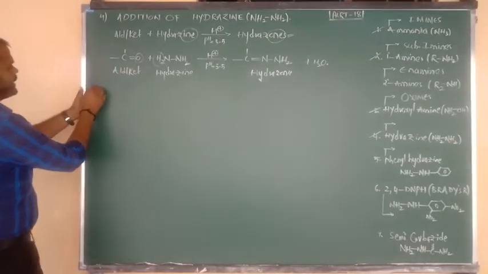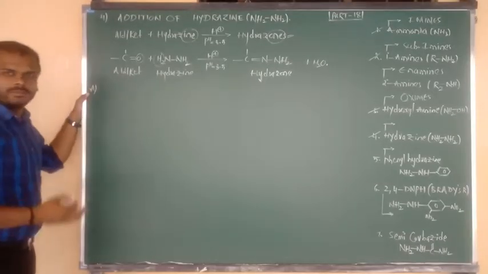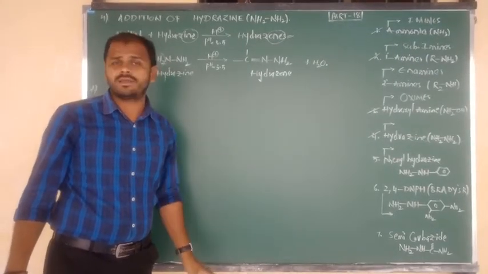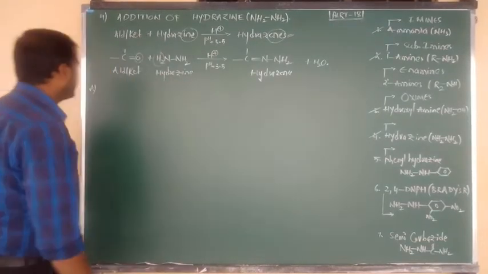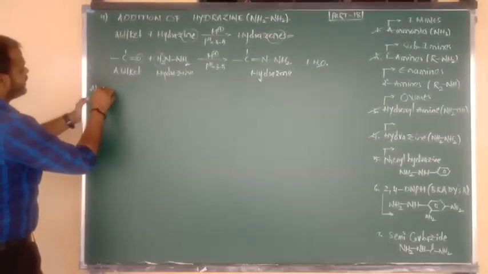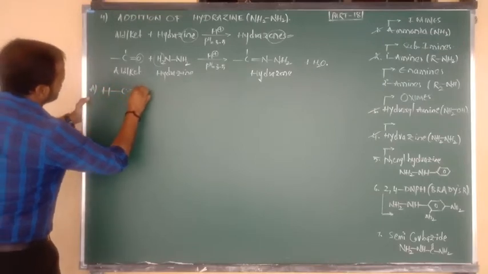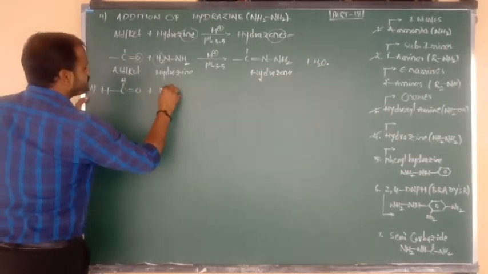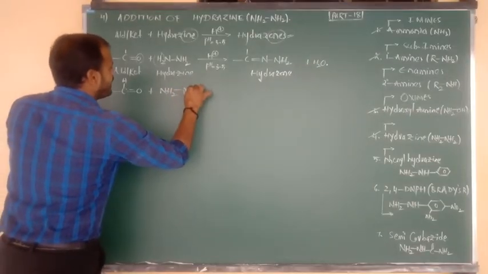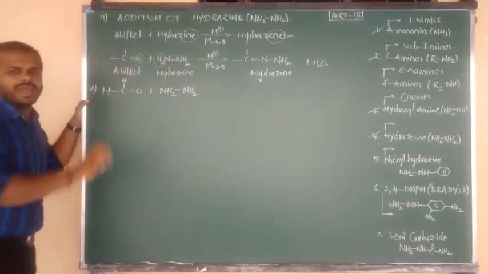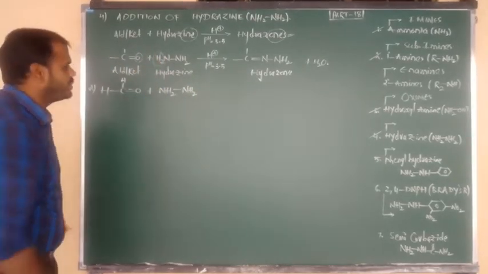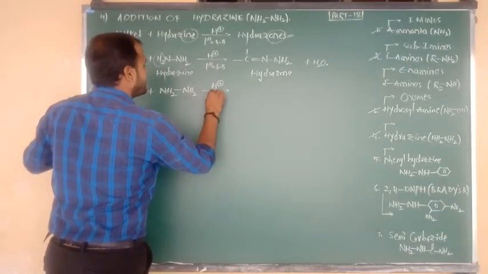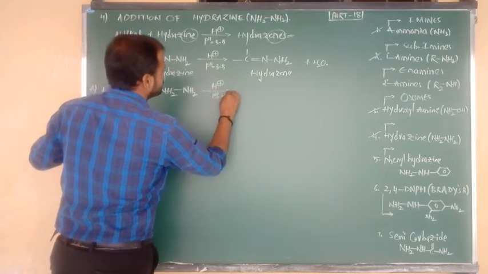Yes, now I am going to show you the examples. Example A. By taking formaldehyde, acetaldehyde, ketones, all types of aldehydes and ketones, any one example you can write. So first of all, I am going to show you formaldehyde: H bonded to C double bond O, connected to H. Formaldehyde reacts with hydrazine, NH2 bond NH2. Addition of hydrazine takes place in acidic medium, the pH equals 3.5.